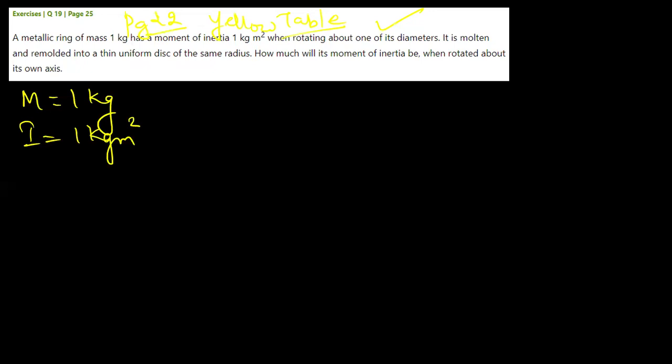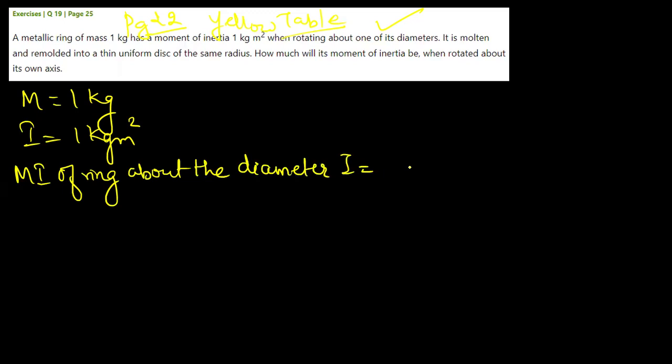You have to memorize the moment of inertia values। It is molded and remolded into a thin uniform disc, ठीक है। तो पहले तो क्या था, रिंग था, the initial shape which was given to you was ring, एक रिंग था जिसका moment of inertia is given to you and जिसका mass is given to you 1 kg, moment of inertia and mass is given to you। So ring के लिए about one of the diameters, so moment of inertia of ring about the diameter, if you refer the yellow table, I am directly writing here the formula, that formula is mr square upon 2, half mr square, that is the given formula from the table।